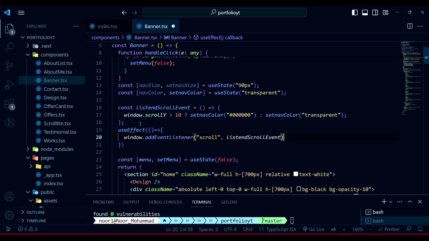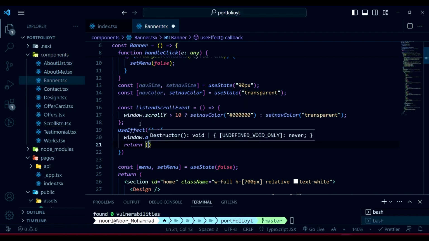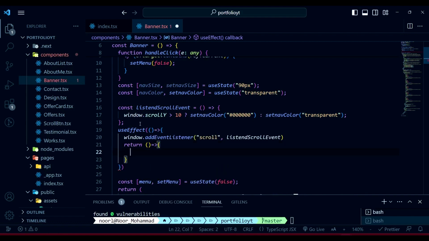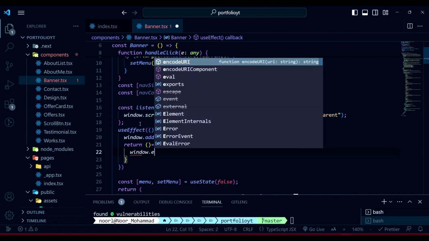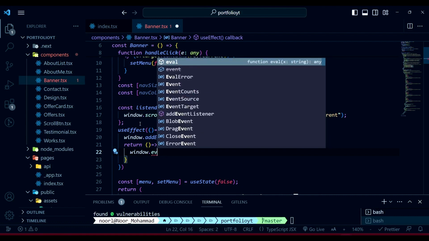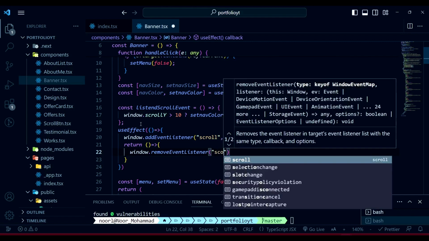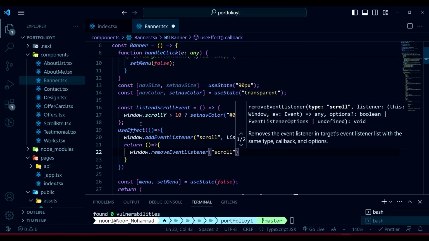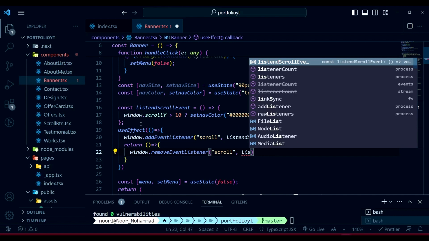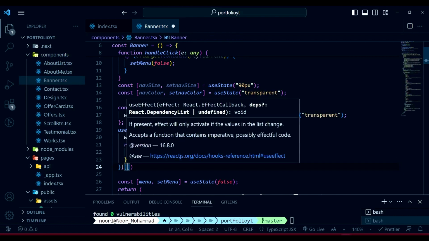And also after giving that, it's gonna return a function which will be implemented as window.removeEventListener, because I'm gonna implement that one first. So whenever it scrolls backwards, it's also gonna remove that. So it's gonna remove that scroll, and that will remove that listenScrollEvent,